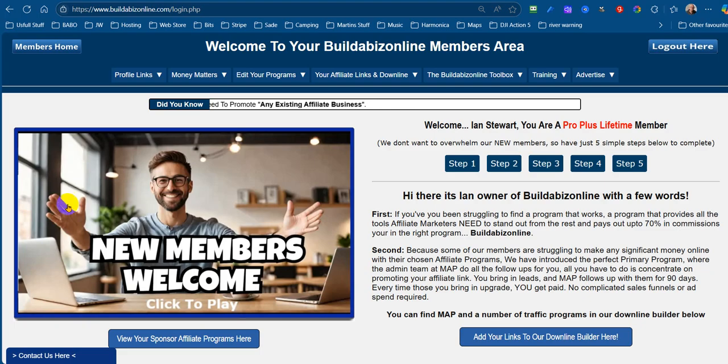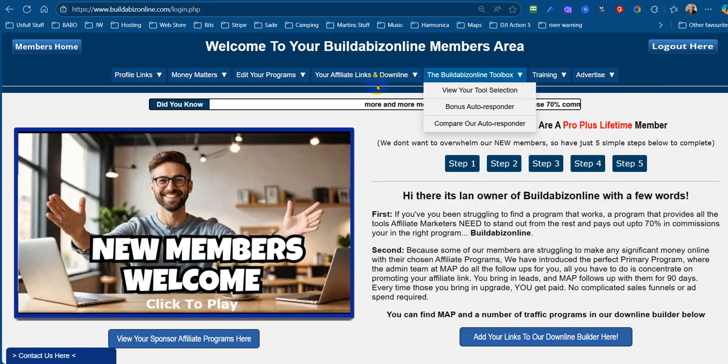So I have made this a little bit bigger so you can see what's happening up in the browser bar on the different links that I'm clicking. Okay, so we click on our tools. Now, depending on whether you are a free member, you won't be able to build splash pages, I'm sorry to say, but upgrade just for 1 month and try it. That's my advice to you, because you'll find out exactly how simple it is to use